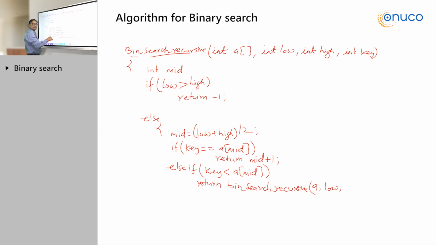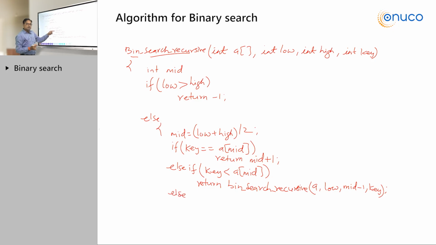And I said high will change. High will be mid minus 1, and the key element to be searched remains the same. So this is a function calling itself. It will go and perform the task again and again. Else